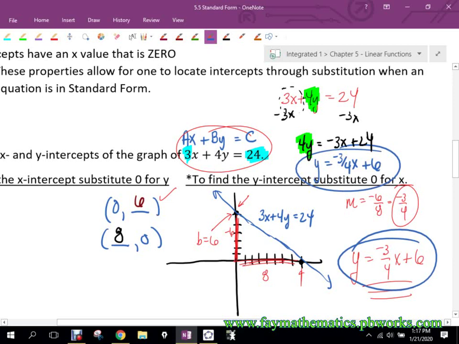Okay, so there's a lot of different ways that we can look at the same thing, right? Either graphically, or a lot of times when we look at the 3x plus 4y equals 24, the algebra part, we call that analytical. So we either look at the graphical approach or the analytical approach, and we see that we get the same equations regardless of the format that we use. Is that all right with everybody? All right,